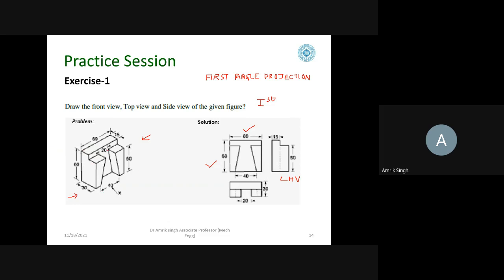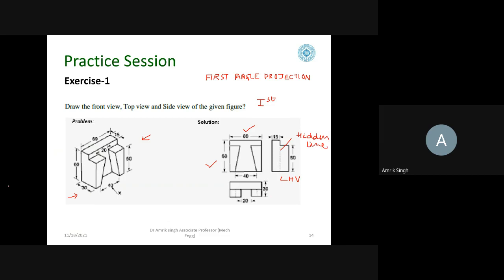And this line is hidden to us when we see from this side. So it is a hidden line.